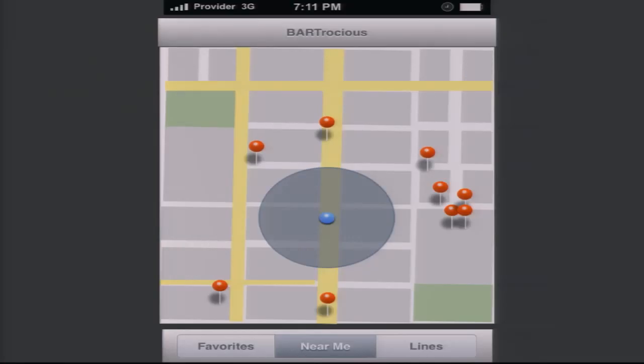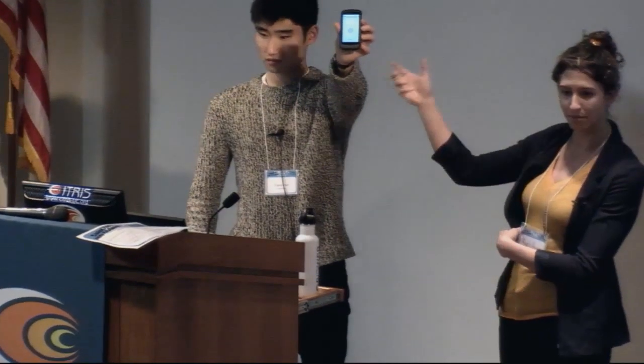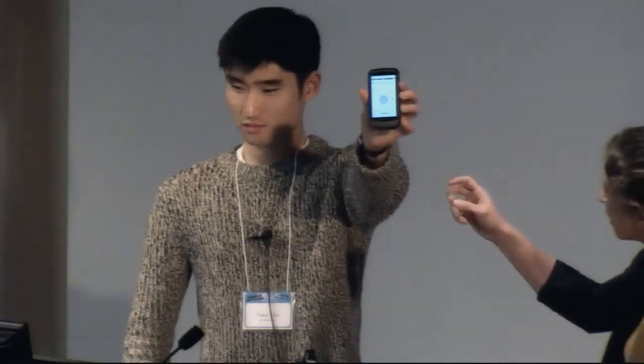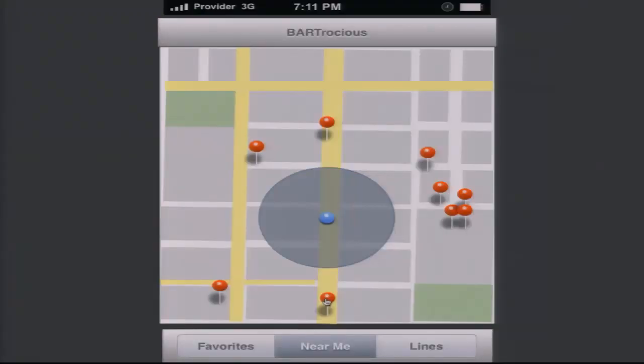So this is a mock-up of a BART application that was developed in Keynote. And you can actually download this on your mobile phone, actually it's on Travis's phone right now. You can export it as a PDF and actually put it on your mobile phone, so it's the same form factor. And then these buttons that I'm about to show you, actually, Travis, could you sort of, if you hover